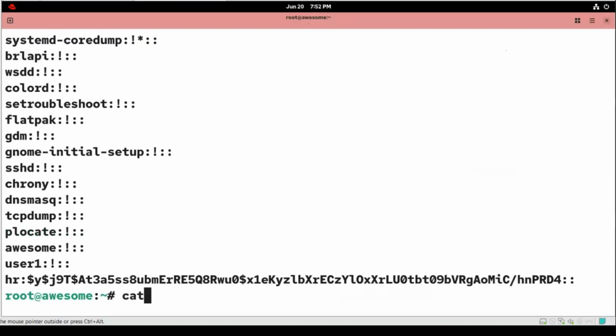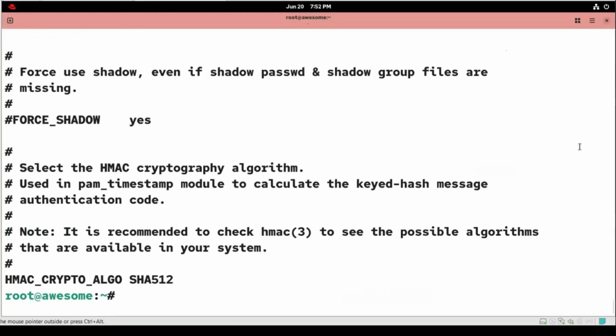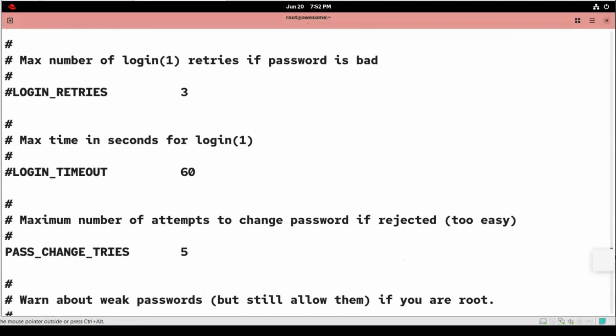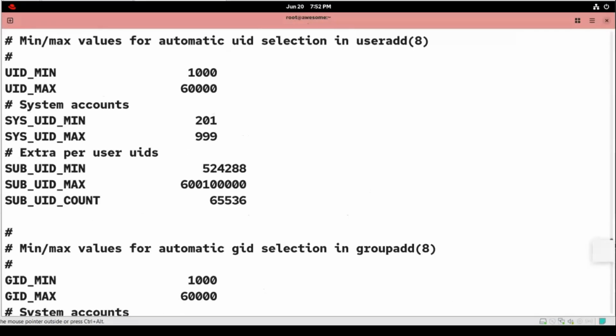file is cat /etc/login.defs. In this file, we have the default configuration for user. This file contains default configuration for user, like whether the home directory should be created or not, whether the primary group should be created or not, which UID or GID should be used, the default password or default encryption. So that information we have here. If I go up,